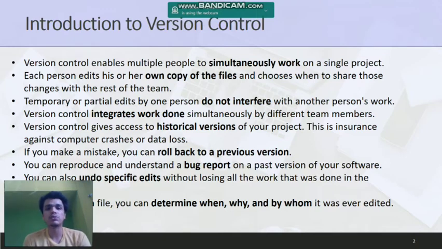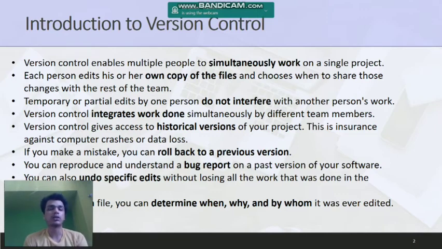Basically, it allows users and their teammates to work simultaneously on a single project from anywhere in the world at any time. While using this tool, the user can make changes in his own copy, and he has total control over it, so he decides when to share his work with his teammates.